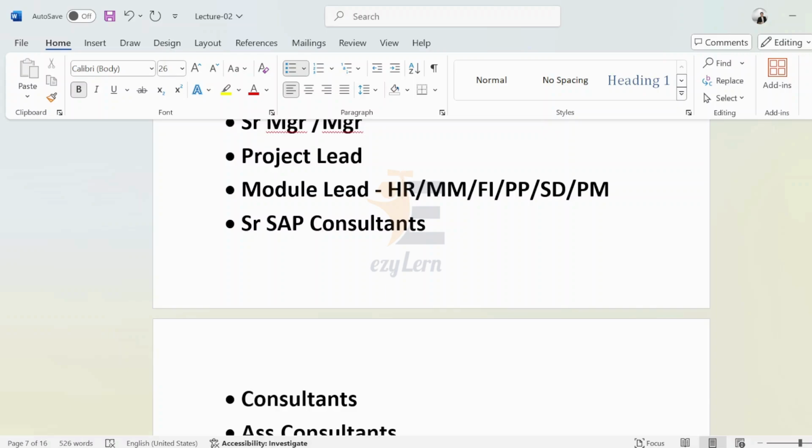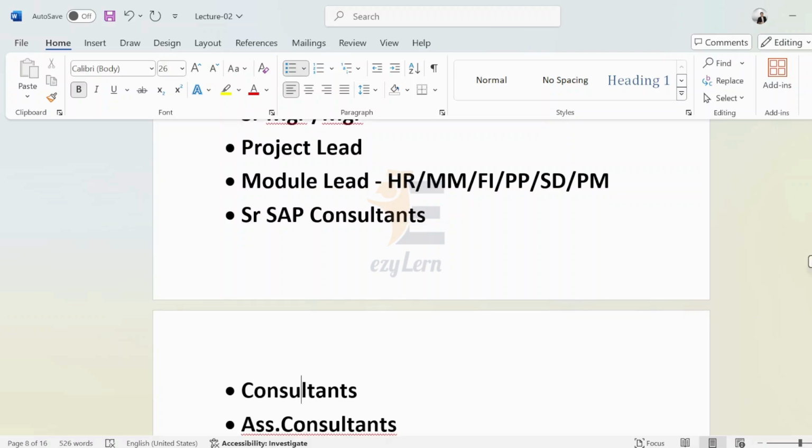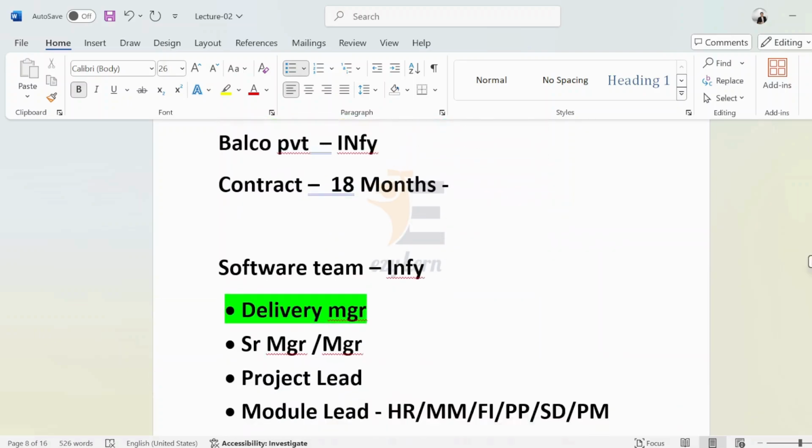From these modules, there will be a module lead. There is a senior consultant, there is a consultant. These will form a complete team, and these consultants will be responsible for all the configuration required for the next 18 months.